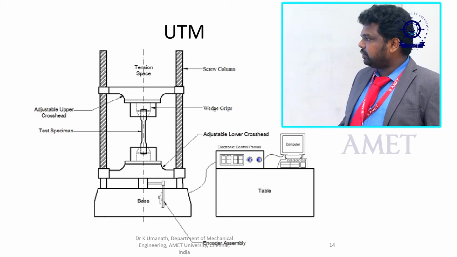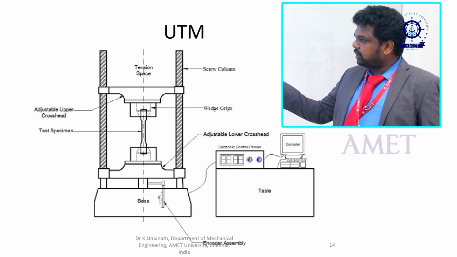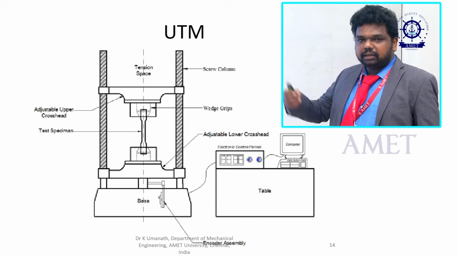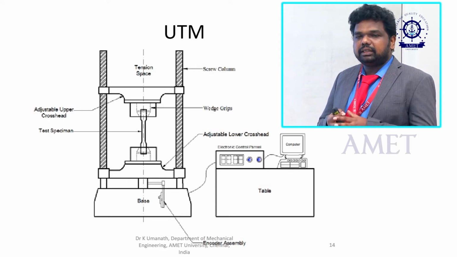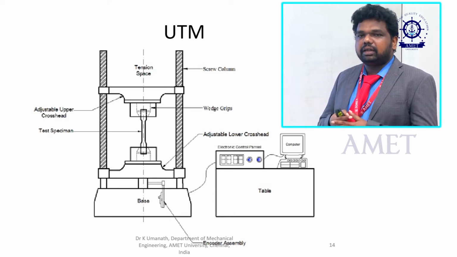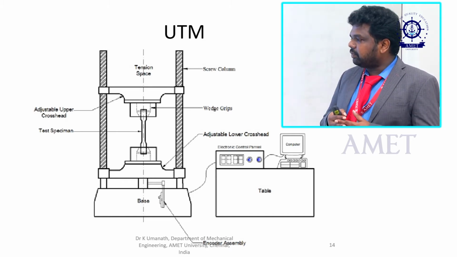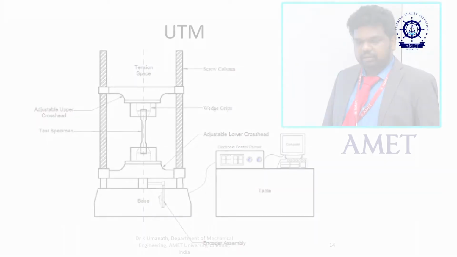In this testing machine, we put the specimen, of standard ASTM size, into the machine and then pull the specimen. You will get the stress-strain curve, or load versus strain, and make it into a graph. With the help of the graph, you find out the different properties of the metal.